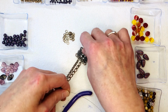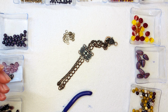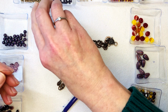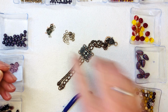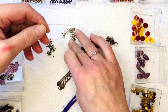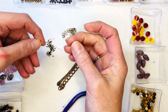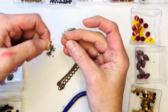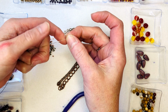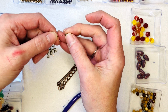So let's just start with this one side over here. And I am going to need my little wire guardians and my little, these are called crimp tubes. I can only find in the beadalon, and maybe it's just because I'm looking in the wrong spot, just like brighter copper, and I would like to be able to find a duller, like an antique, something more like this, but it's gonna have to do. It's fine. All right, so I'm gonna put on my crimp tube, and then I am going to put on my wire guardian